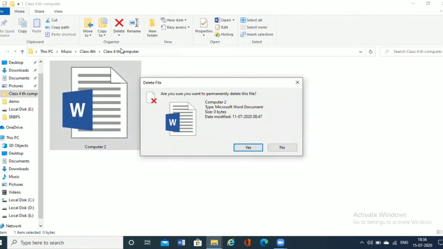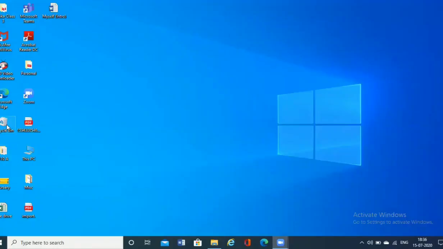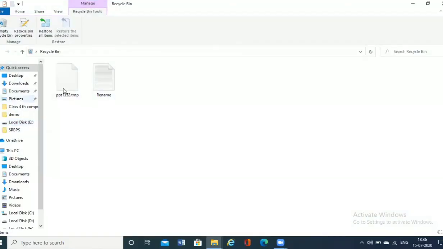A message box appears: are you sure you want to permanently delete this file? I'll click yes and the file gets deleted. If I check the Recycle Bin, it is not here. That means the file has been deleted forever.